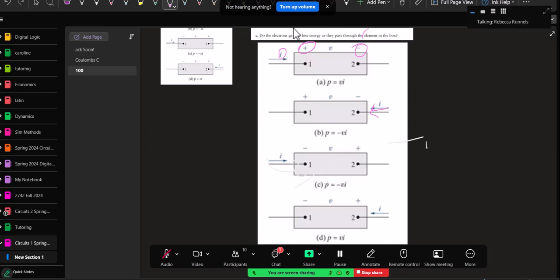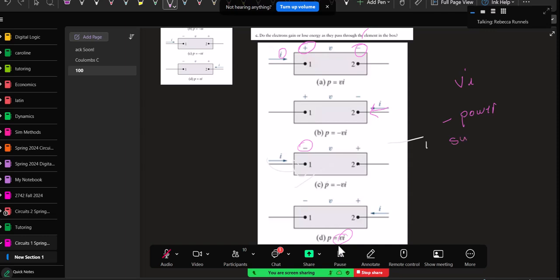And so the current as drawn is going into the negative terminal, so that's negative VI. And the current as drawn here, I, is going into the positive terminal, and so that one would be positive VI. Now that's doing the calculations. Whether VI ends up being positive or negative itself is going to tell you whether or not the power is being supplied or absorbed. So a negative power